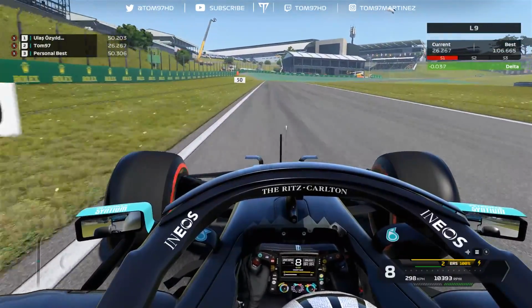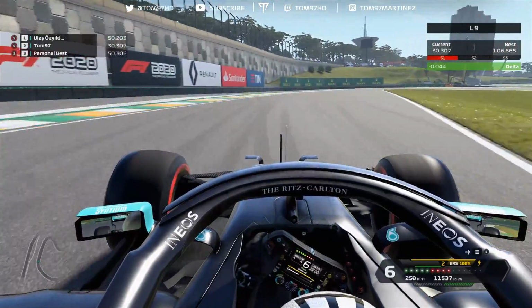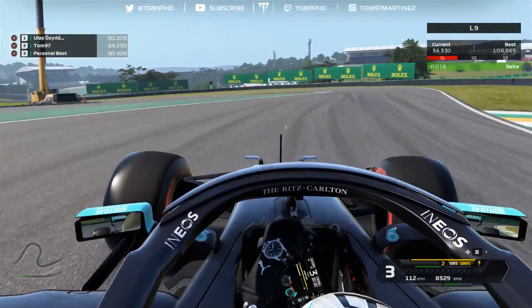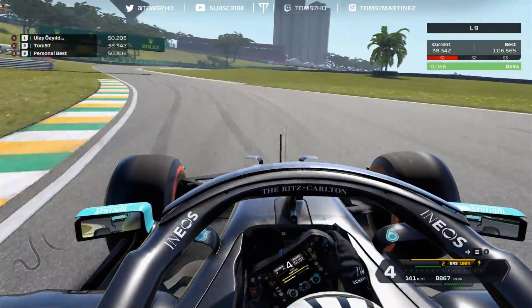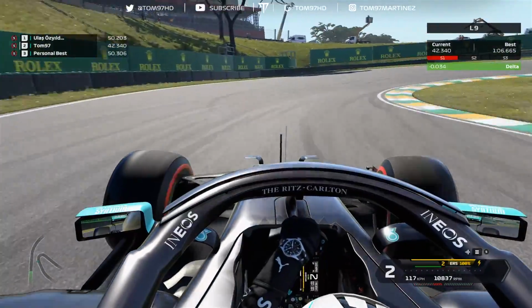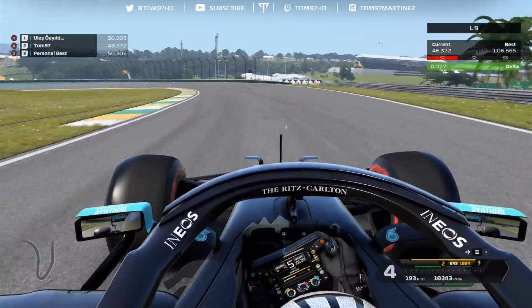We then go up the hill towards the double right-hander 6 and 7. Important to keep the car nice and tight. Back onto the outside curb and then back down to the apex for turn 8, the hairpin. We then bring the car over to the left-hand side, keep it on the inside curb for some extra rotation, and then back on the power as we now enter the second right-hand hairpin. Important for here to go very wide on the entry and focus on your exit as we go flat out